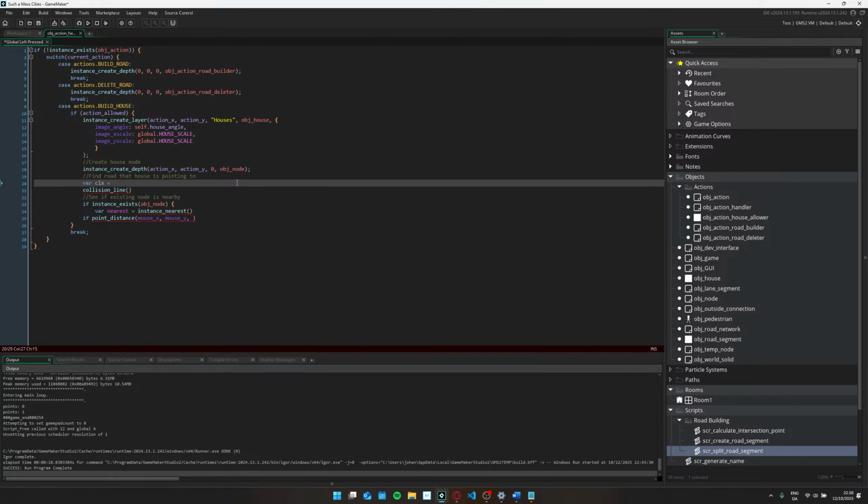Collision line X is equal to the length, yeah, and then the length can then be, we could do it recursively, so we increase the length until we find a road. So